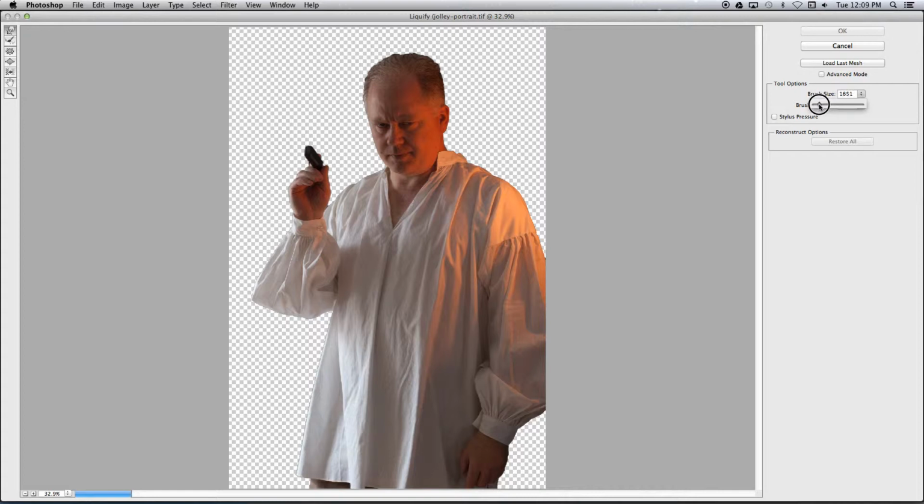Now you can get it really big. I don't want it to be all that big. It's a bit awkward using this tool, so what I'm going to do instead is use the keyboard's left and right brackets to increase and reduce the size. Now, with a good size selection tool, I can manipulate certain areas. It is very useful to look at